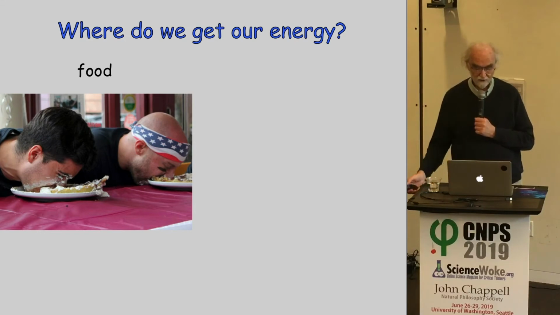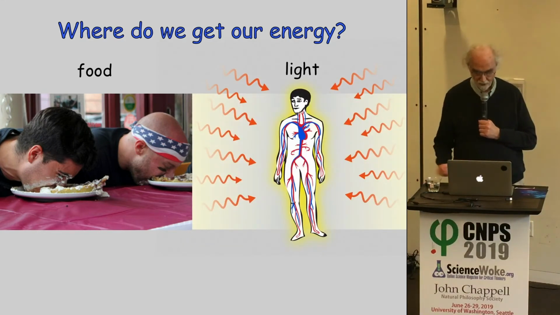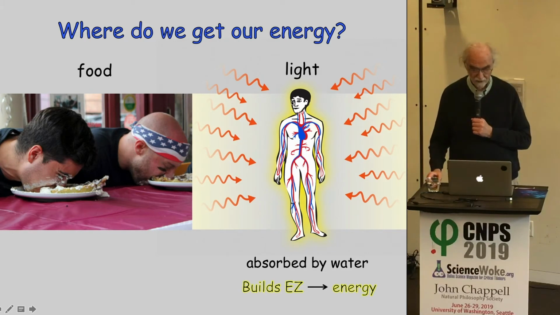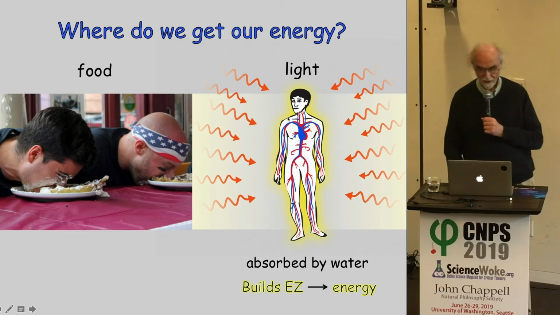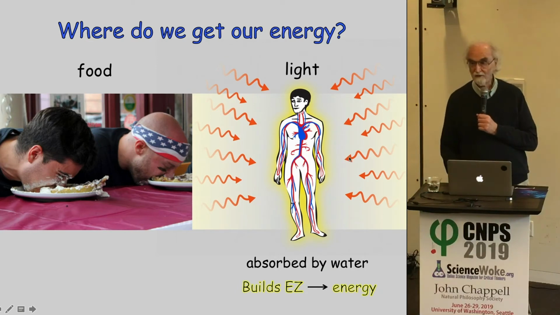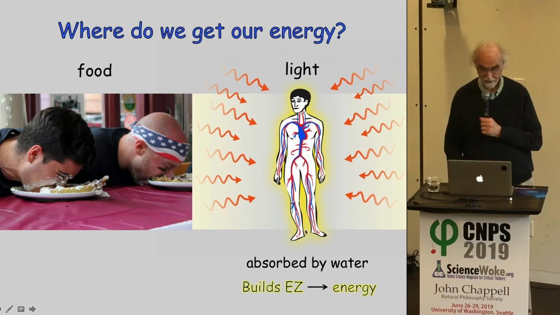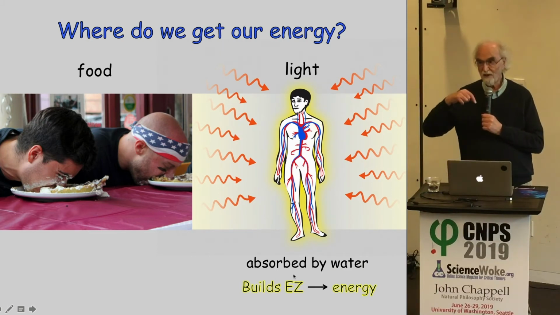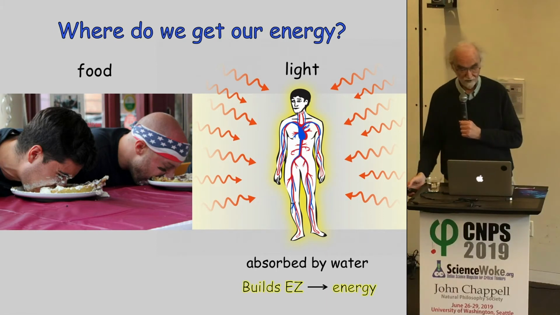But I'd like to suggest to you, based on what I've been presenting, that you can also get energy from light. The light is absorbed by the water. It builds easy water, which gives us energy. Okay, so it means that we have two pathways for getting energy, and this is the sort of conventional one, although these guys look awfully unconventional. And the other one is similar to what plants do. And some unicellular organisms, they use light to give energy. And I believe the evidence points to the fact that we do the same thing. We actually use light to get energy. How much? Not clear yet.